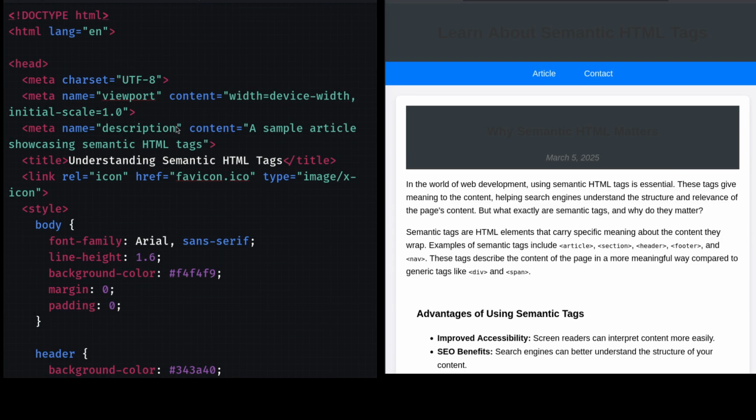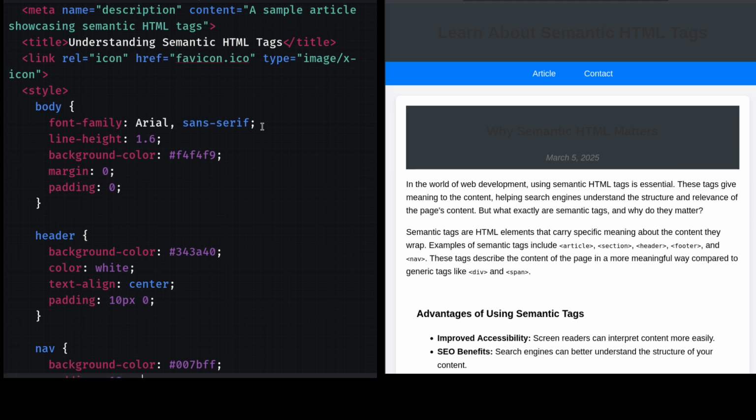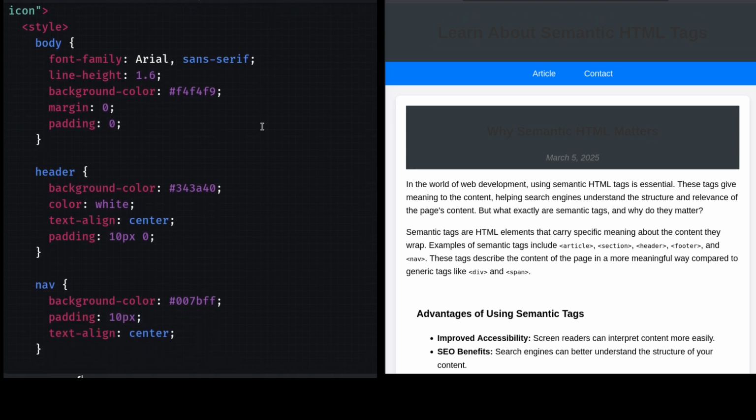I'm going to show you the different semantic tags that are used. The word semantic means something like a rule or a way of doing something. So semantic tags in HTML are those tags that help you to organize the web page in different sections based on